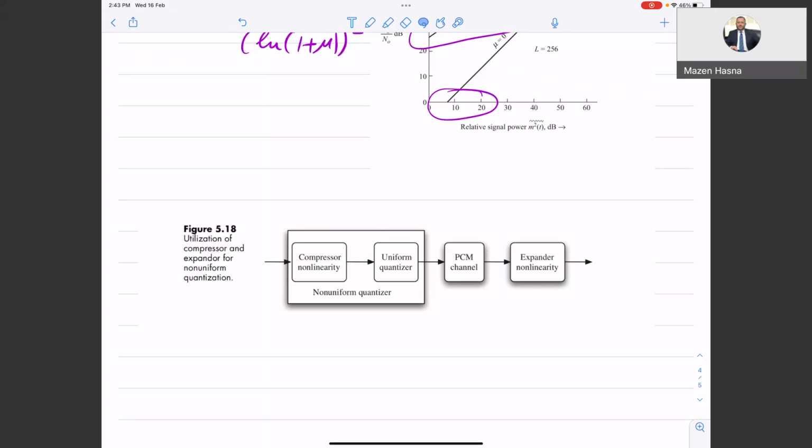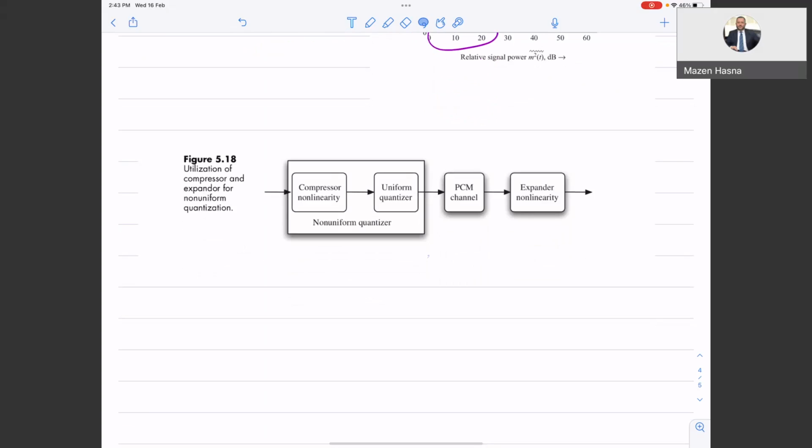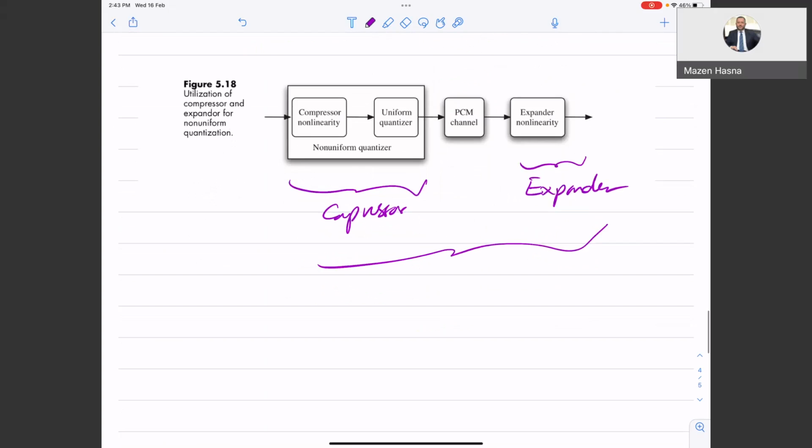This is usually called the compressor. It's the compressor, and this is the expander, and then jointly they are called the compander. The compression and then expansion at the receiver. This way, and this is equivalent to using a non-uniform quantizer, but effectively you are using a uniform quantizer but with a modified